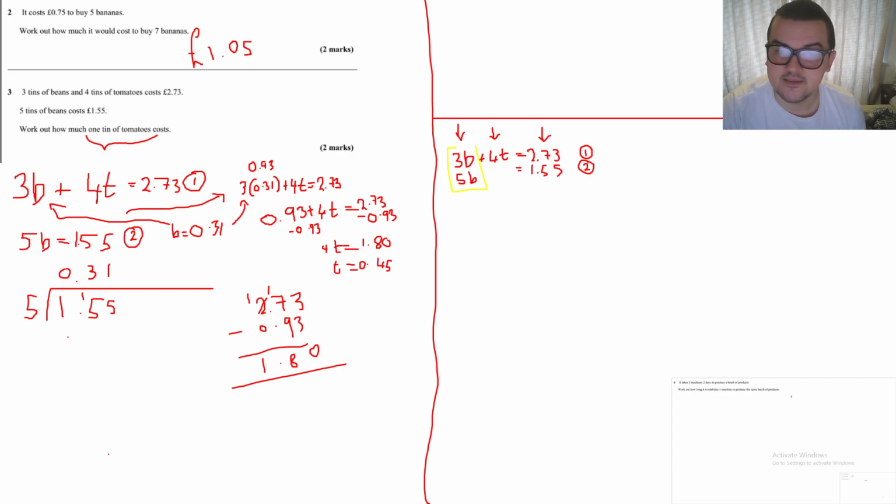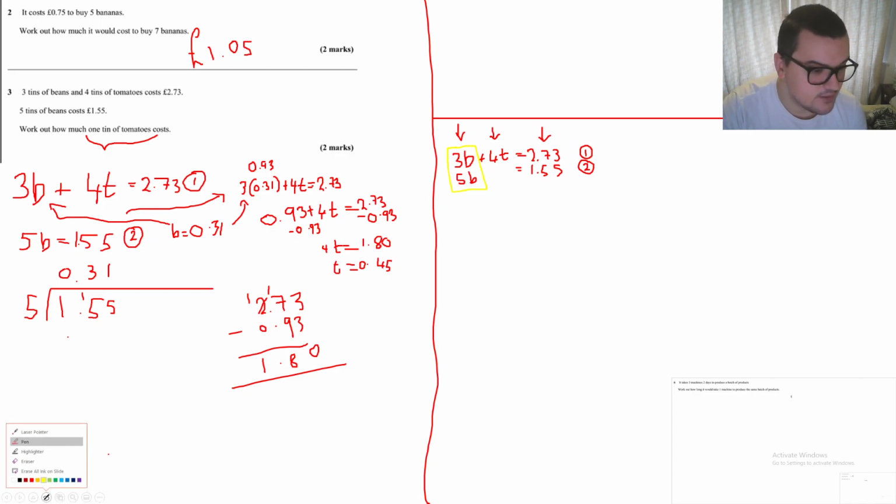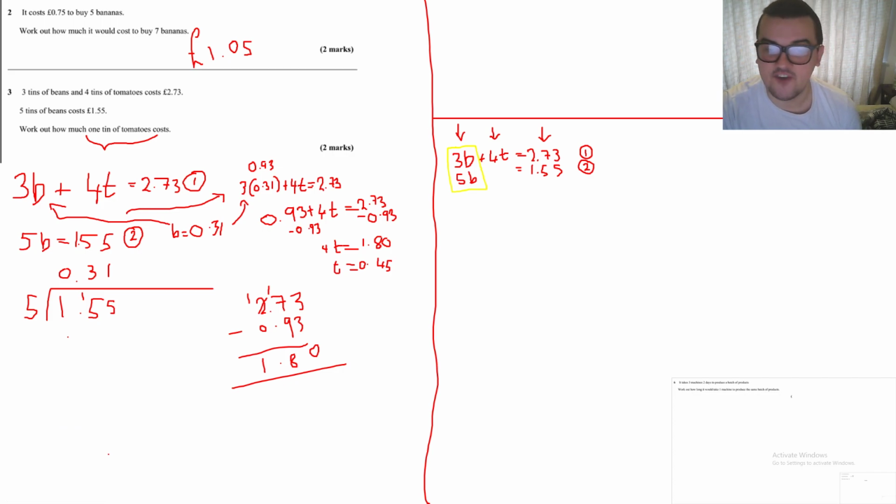We can see it's this here because there is a b in equation 1 and a b in equation 2, so we're going to mess around with that. So we're going to find the lowest common multiple of these two things, that's 15. So we're going to multiply this by 5, going to multiply this by 3. So 15b, because that's 3 times 5, plus 20t